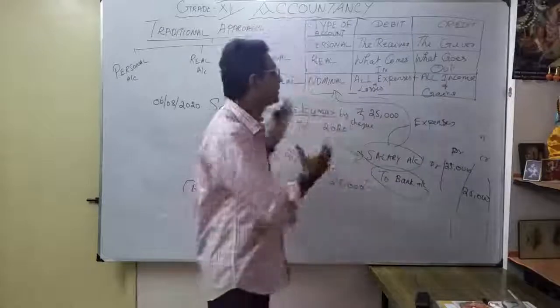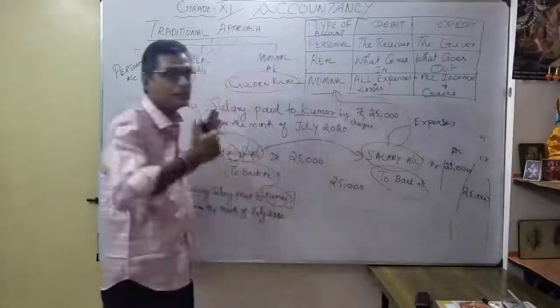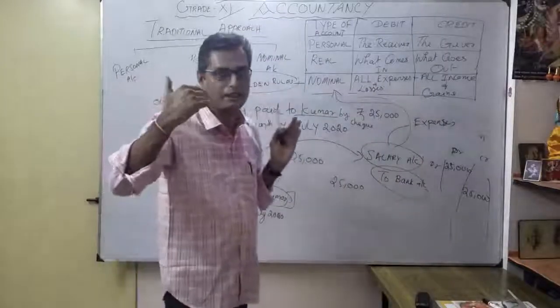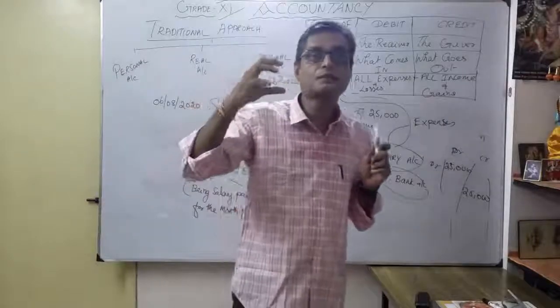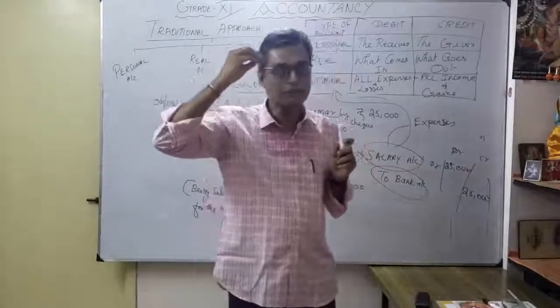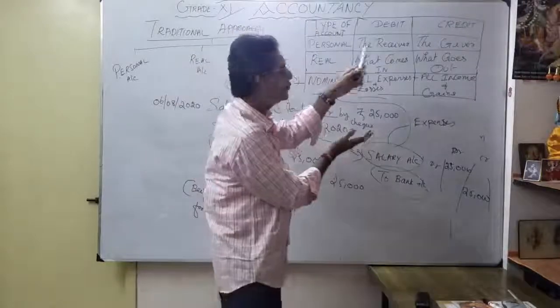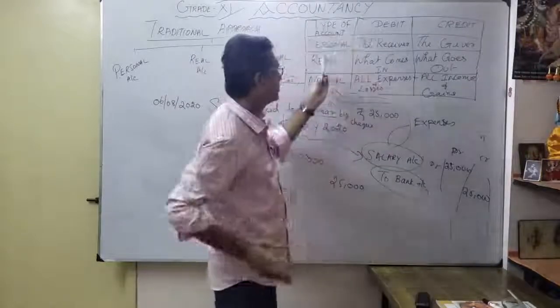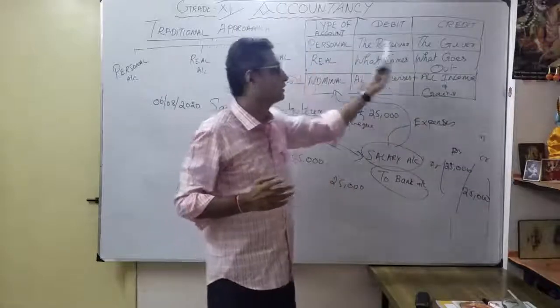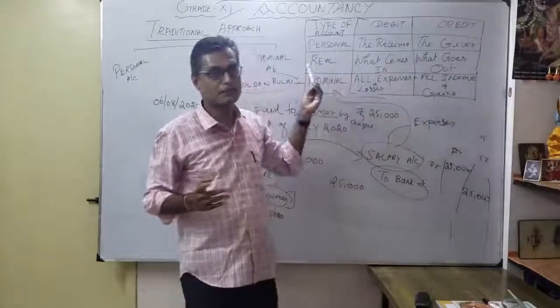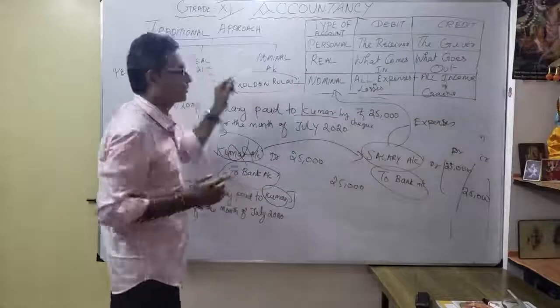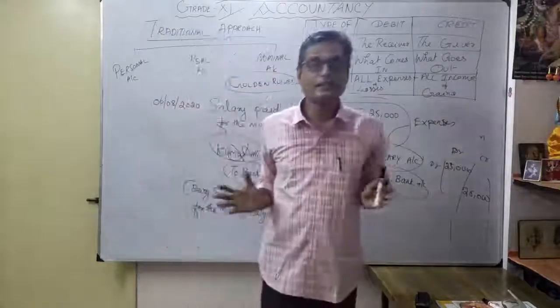So please watch everything in detail, repeatedly, 2 or 3 times, until you understand the concept of journal entry. You have to ask in your mind why I am debiting, why I am crediting, and whether I am able to follow the rules. So you have to keep the rules in memory, very, very important. They come under the traditional approach. Understood? That's the idea of this session.